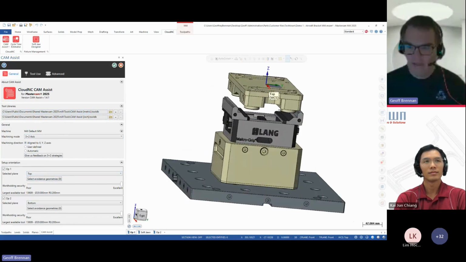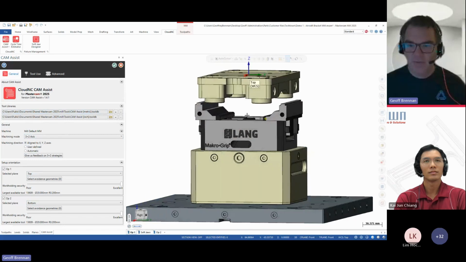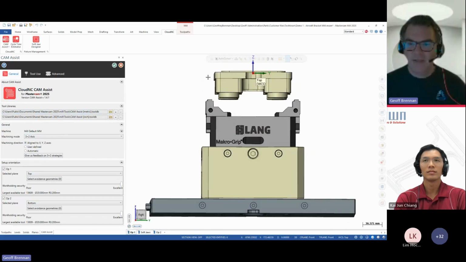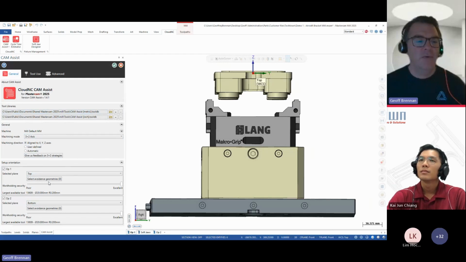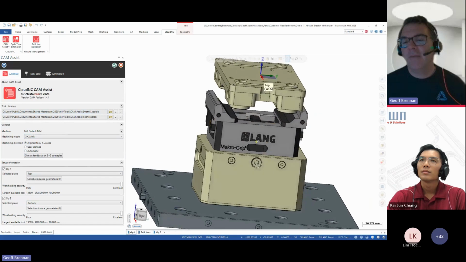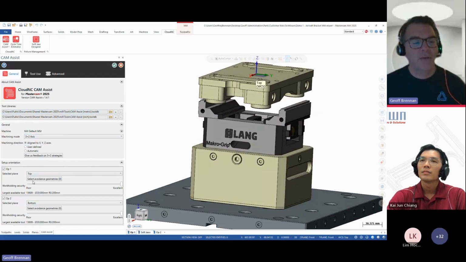We don't really need it in this example, but sometimes you'll find that some of the toolpaths want to go into this area a bit too much. If you create just a simple solid block or any solid shape and select that as avoidance geometry, it works a lot like a fixture does in Mastercam.